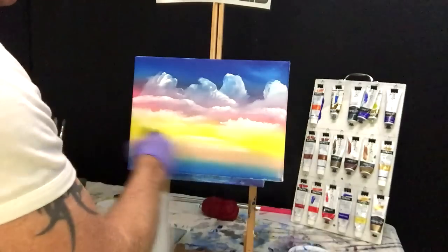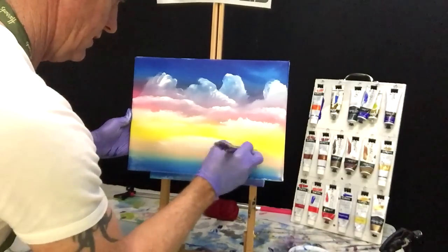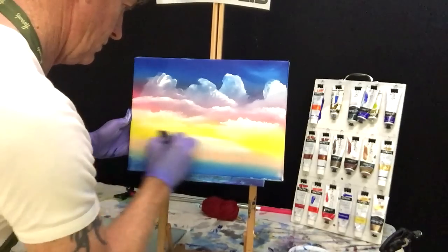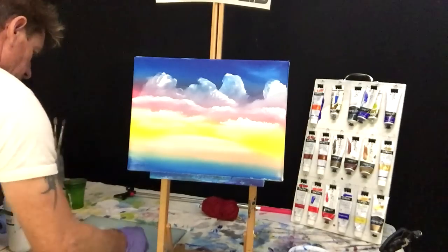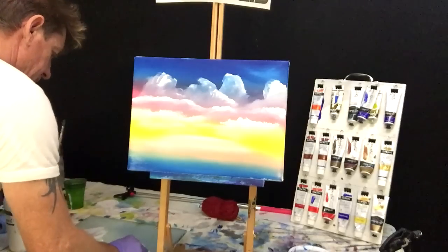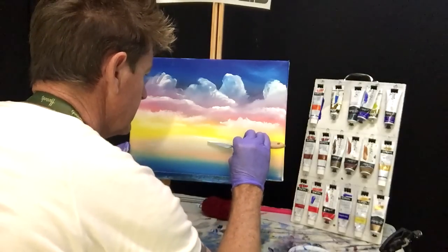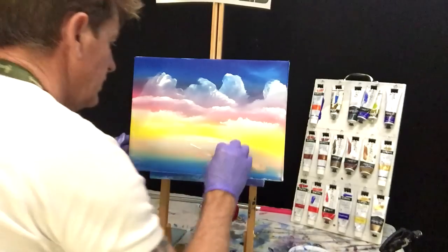Let's hope it's not too... Blend that into there. Okay, that's blending just right. Now we're going to get a knife and darken our horizon line up, okay? So get a clean knife and scrape some, let's just use white paint for this demonstration. This is going to act like a shimmering waterline in between